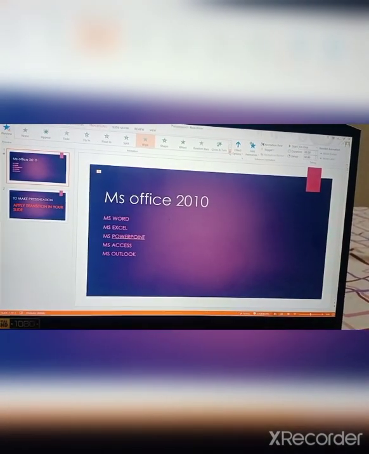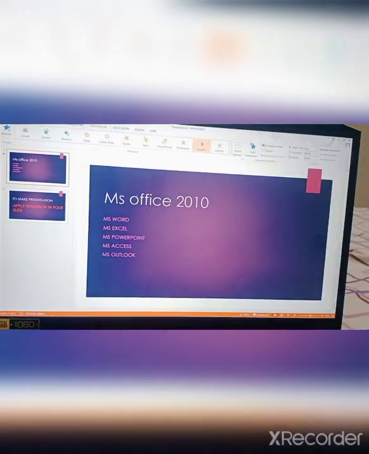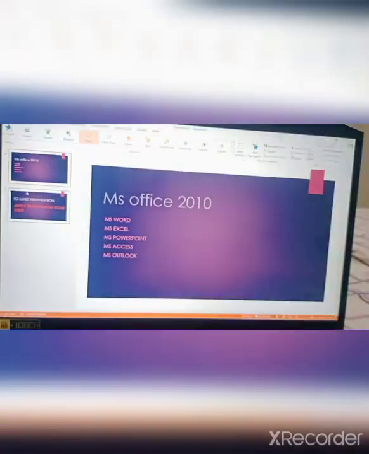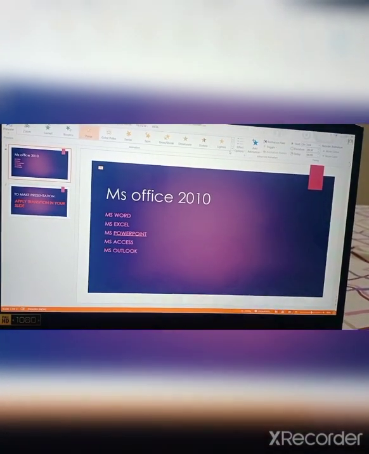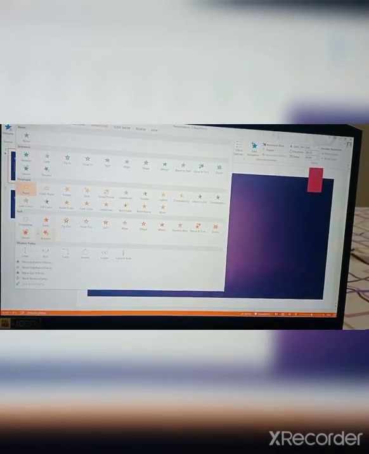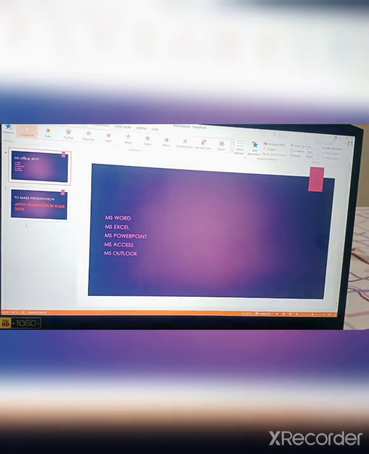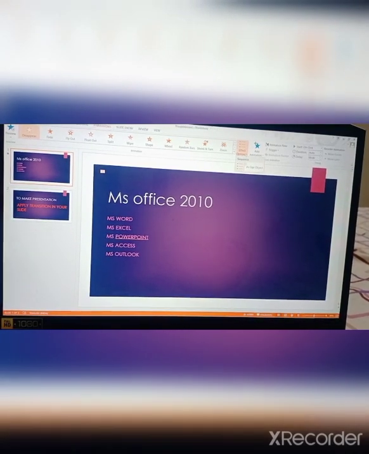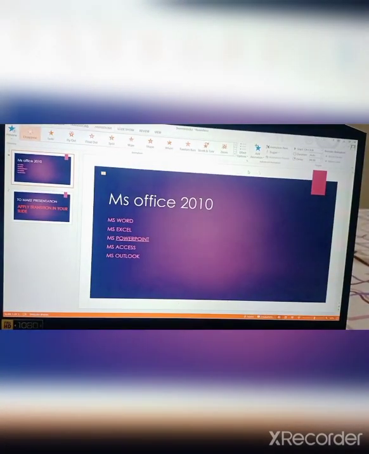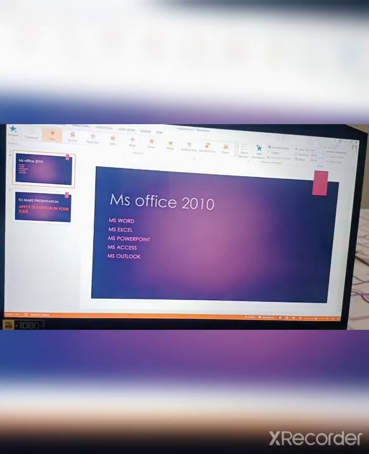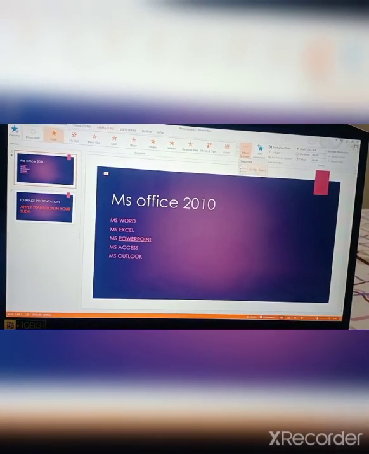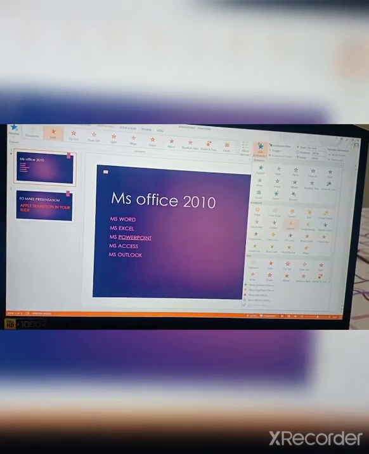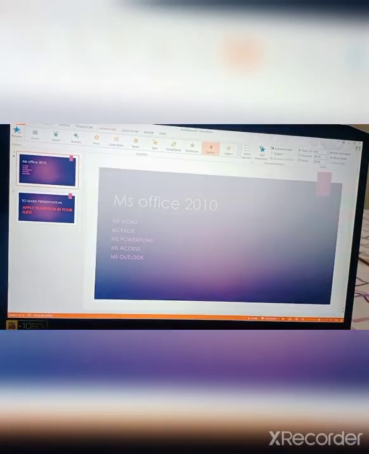Here the effects include more effects like darken. It will darken my text. If I click on pulse, it will pulse my text. Then here many more options are given, like disappear. It will disappear my text. In disappear, effect options are also available, like as one object. If I click on fade, fade also has effect options like as one object. You can add animation here also, lighten, darken.